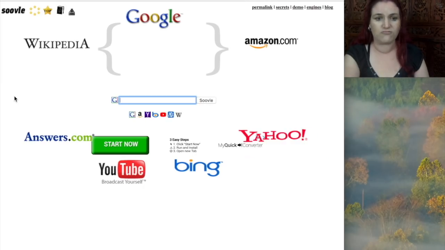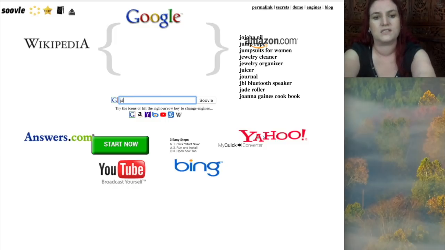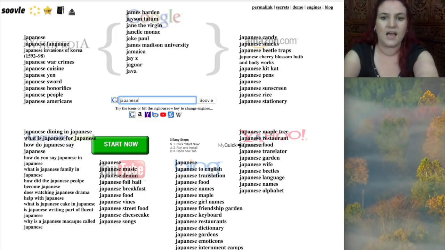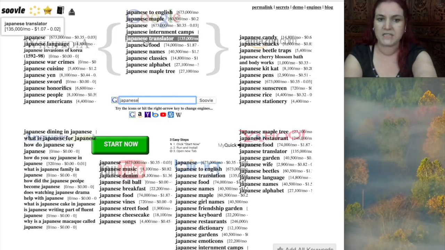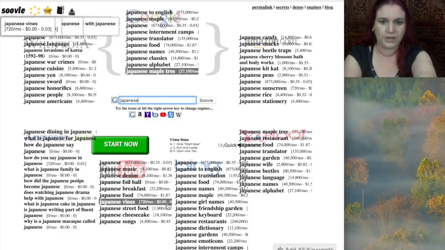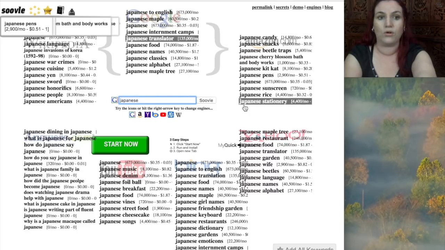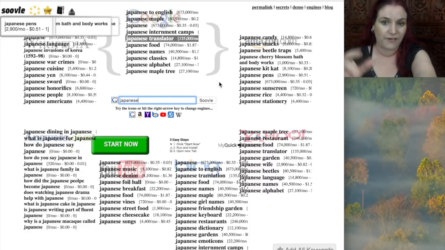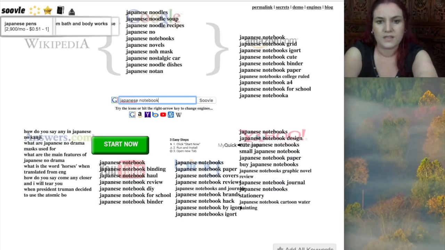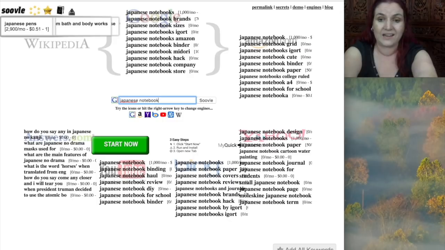So Soovle is really, really straightforward. What you do with this, you just type in Japanese and it goes to Amazon, Wikipedia, Google, YouTube, Bing, and Answers, and it gives you all of these words. It basically does auto-suggest very, very quickly from a whole bunch of different sites. So we can do Japanese notebook, and this actually gives you a lot of ideas for what people are looking for,